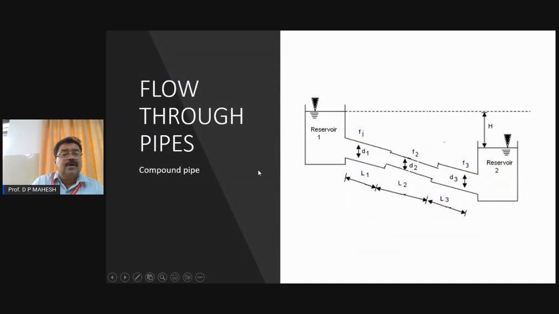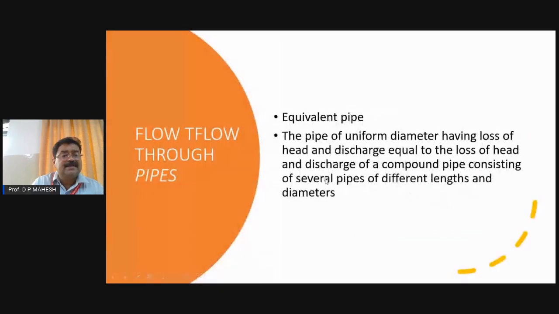So now this is called a compound pipe. A compound pipe consists of various pipes having different diameters and different lengths. Now the equivalent pipe. The meaning of an equivalent pipe: a pipe of uniform diameter having the loss of head and the discharge equal to the loss of head and the discharge of a compound pipe consisting of several pipes of different